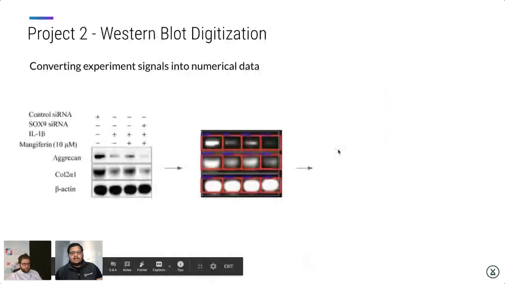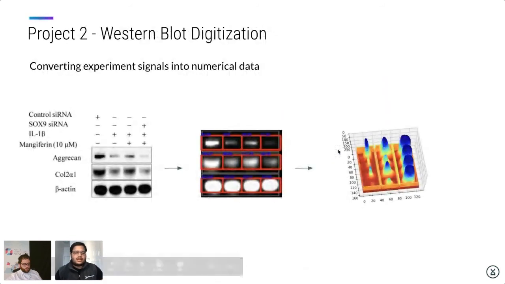And quickly, the second project that I wanted to share is called Western blot digitization. Western blots are a very popular technique among scientists. They are used to study proteins and how they interact with other molecules by looking at the intensity of the bands or the signal here, which indicate the quantity of the proteins. Converting Western blots to data frames by quantifying signals is very valuable. Not only does it help standardize the quantification process, which up till now involved very primitive software or just eyeing the signal,